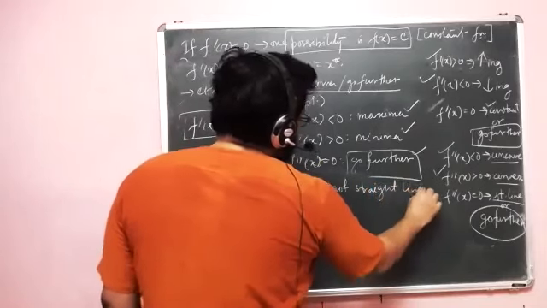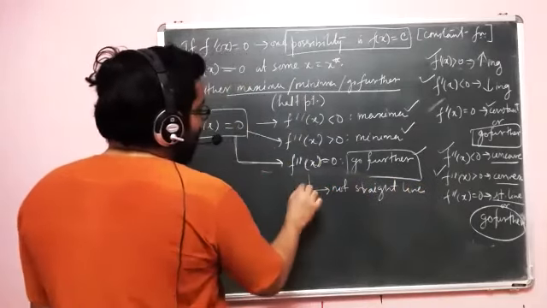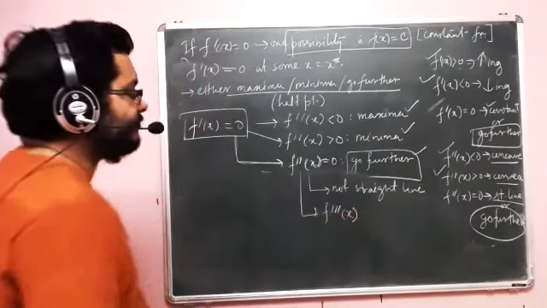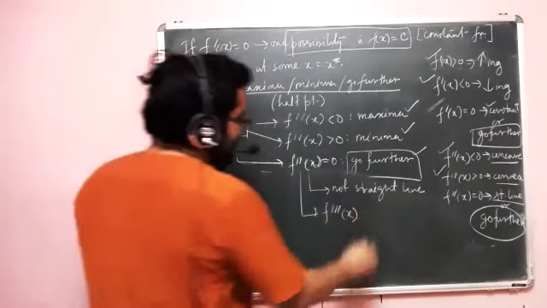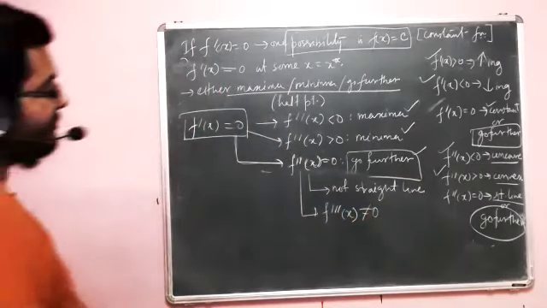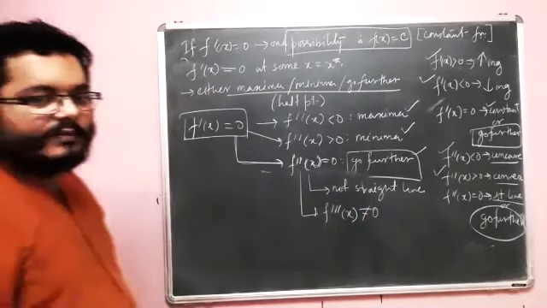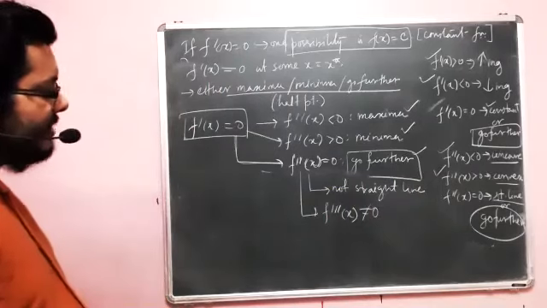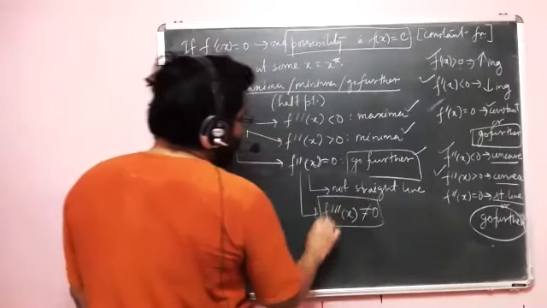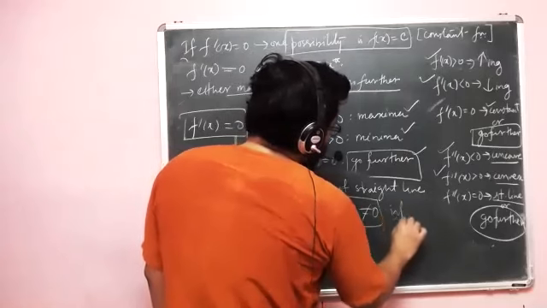So what is it then? How do I get that? To go further, what we do is we go for f triple dash x, and we just check whether it is non-zero or not. If it is 0, then obviously we have to explore other possibilities, but for our purpose we are going to stop at the triple derivative. If the triple derivative is non-zero, then we have what we call an inflection point.